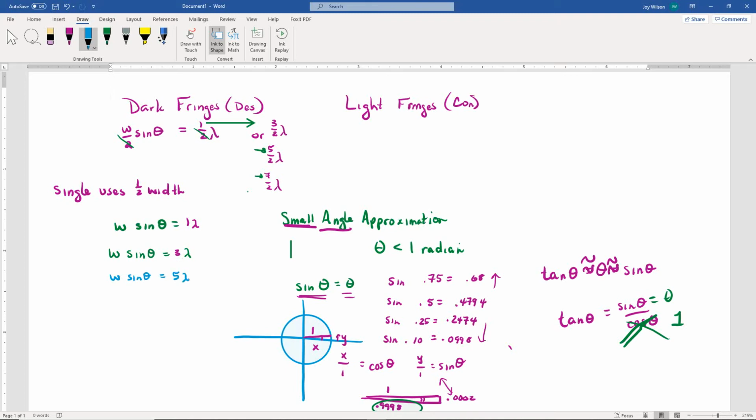So what happens is we go W times theta equals 1 wavelength. Notice these would be different wavelengths. Okay, this is 1. First bright fringe, second dark fringe, third dark fringe. W sine theta 2 equals 3 wavelengths. Of course, W sine theta 3 would equal 5 wavelengths. And so what we get here is that your angle of your